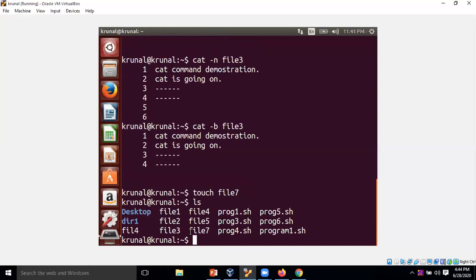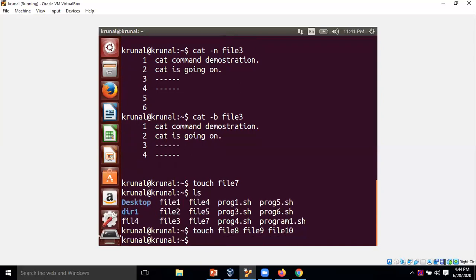This empty file is created with touch. You can create multiple empty files like this: file 8, file 9, file 10.